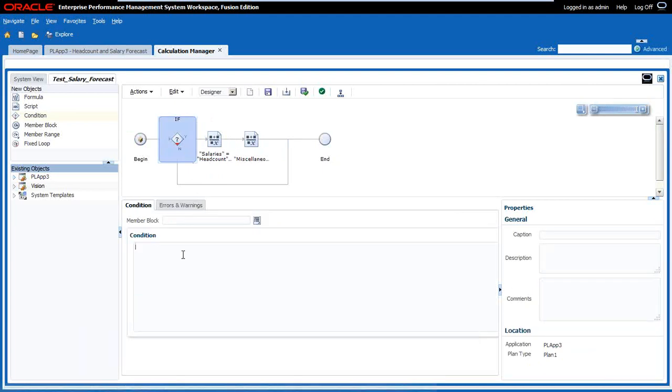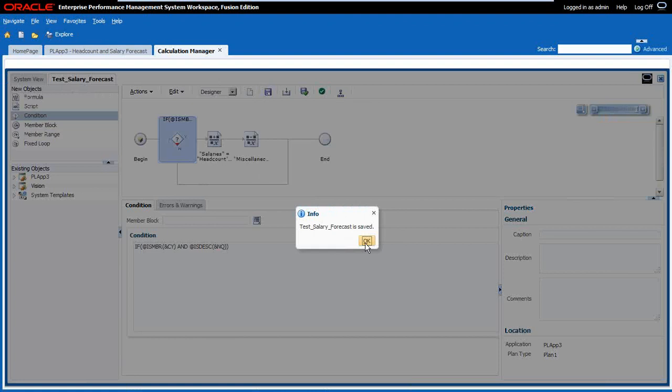What is your condition? I'm going to write a condition over here. If is member. In the previous session we already discussed is member, is children. Is member will be executed only for the given member. I'm using a variable over here for current year, and is descendant for current next quarter. Write this condition, and you can save it and go to editor view and ensure the